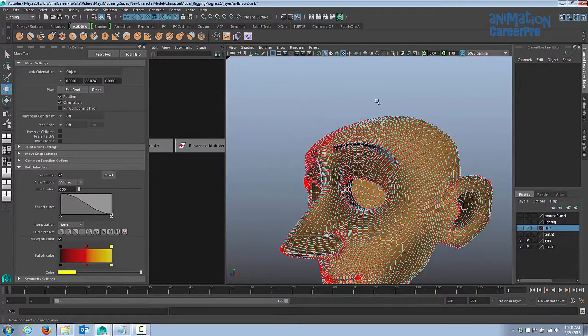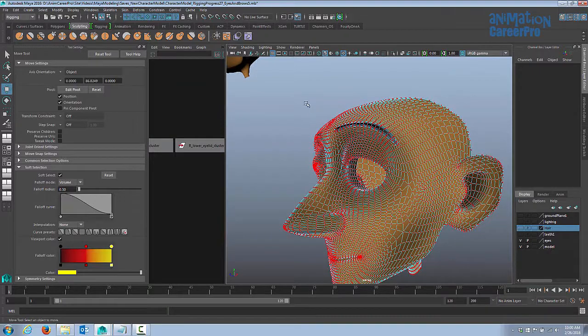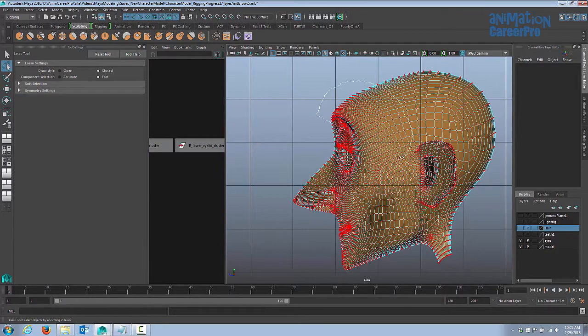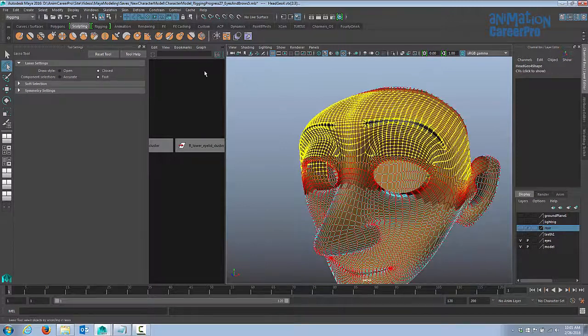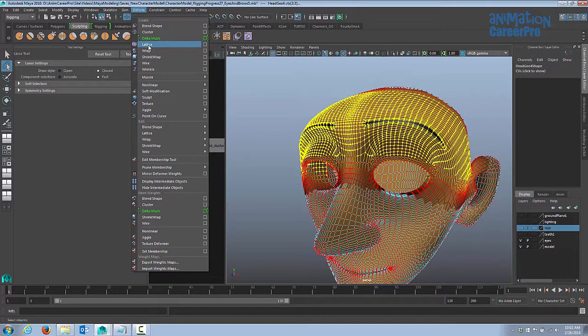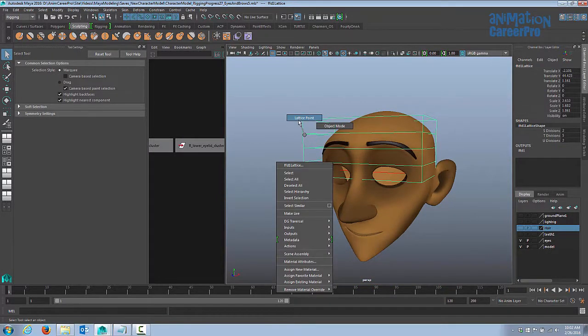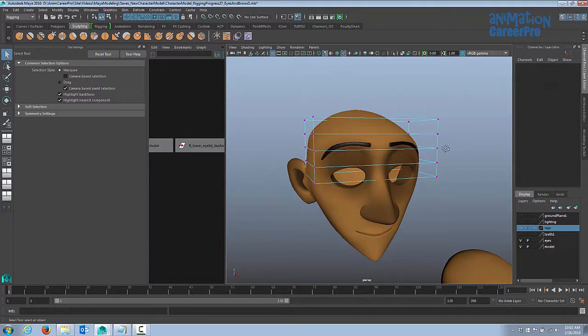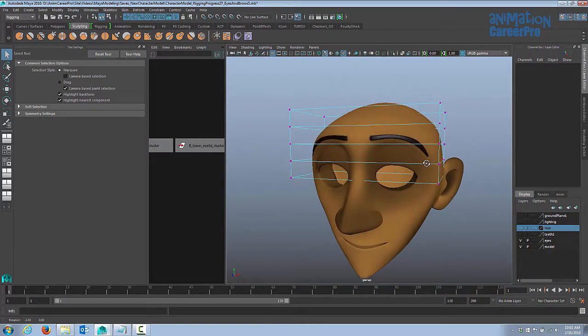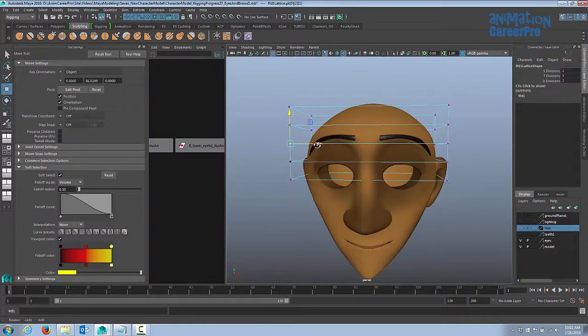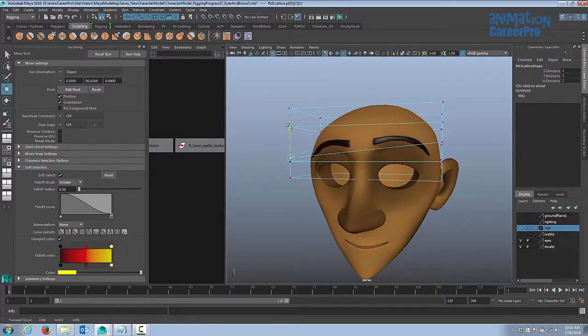Very similar to selecting an area of vertices and applying a cluster, we can select an area of vertices and apply a lattice. And a lattice is just a cage that allows us to change the model. Just to demonstrate how the lattice works, once you have your selection made, you can go to Deform, and you can just go right down to where it says Lattice. You'll see this cage appear around your selection. Now if we right click on the lattice and choose Lattice Point, you can see that we have lattice points, and they're like vertices. But now this whole cage is attached to your selection, and you can actually modify and deform your model this way.